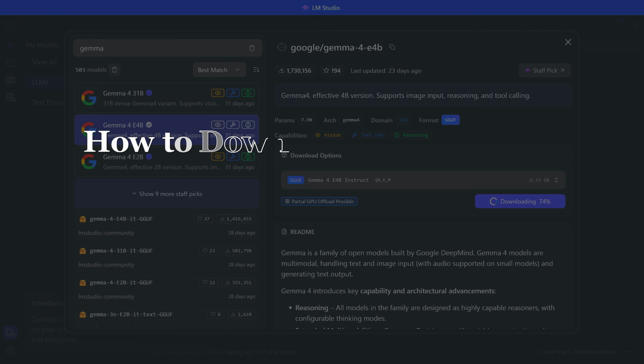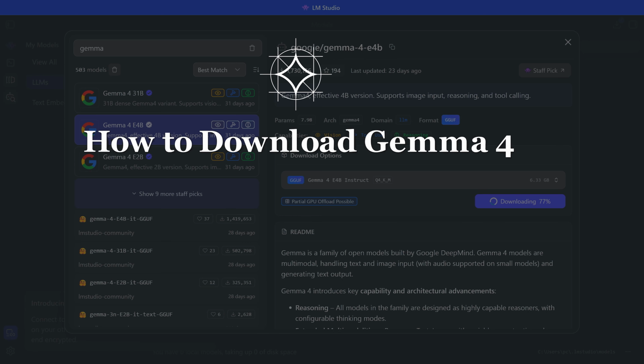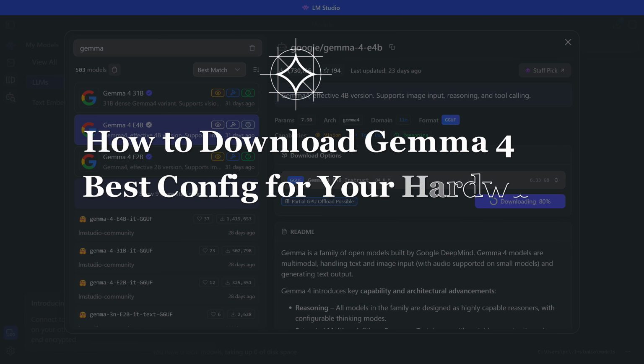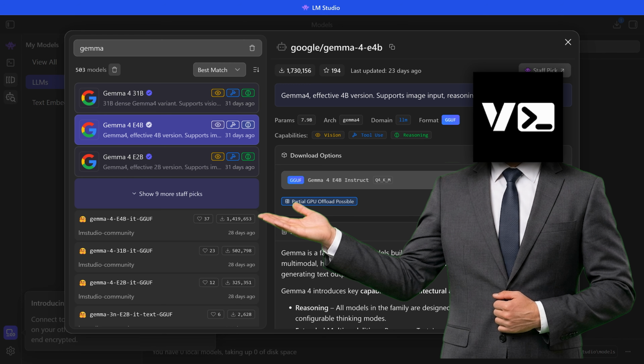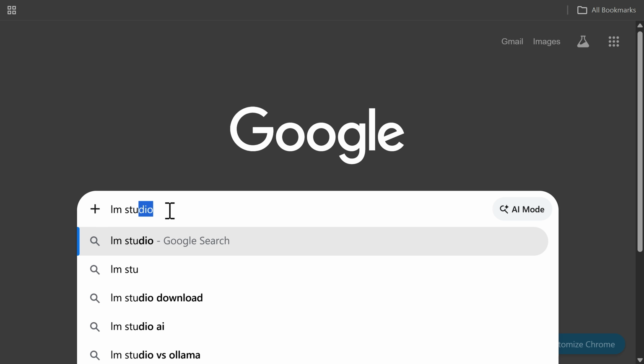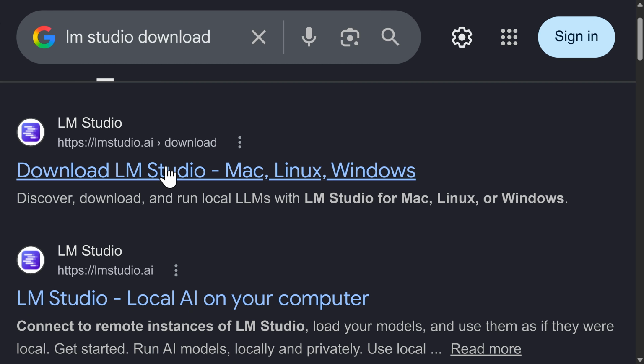In this video, I'll show you how to download and use Gemma 4 on your PC. I'll show you the best configuration for the model depending on your hardware, and we're going to put it through my personal Vector LLM test to see if it lives up to the hype. Let us begin. The first thing you'll do is go to Google and search for LM Studio download and click